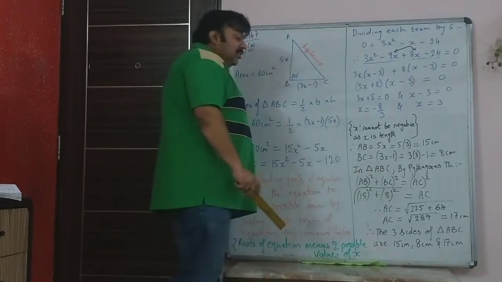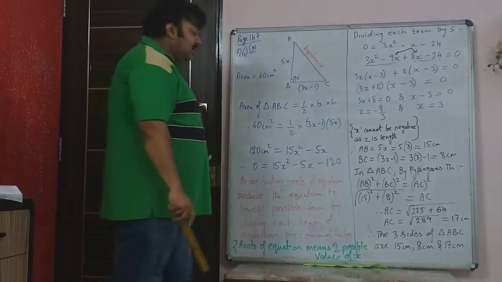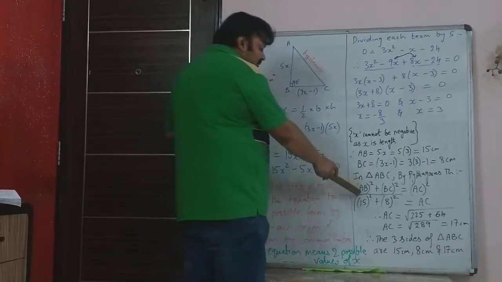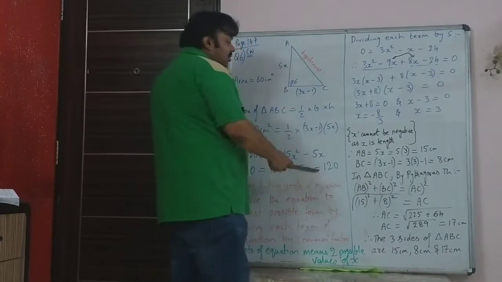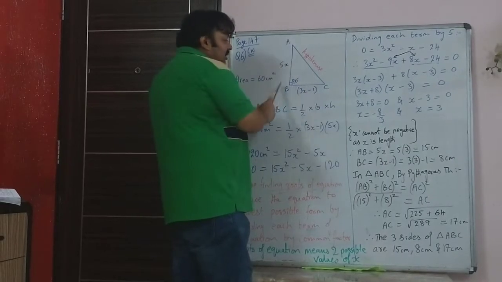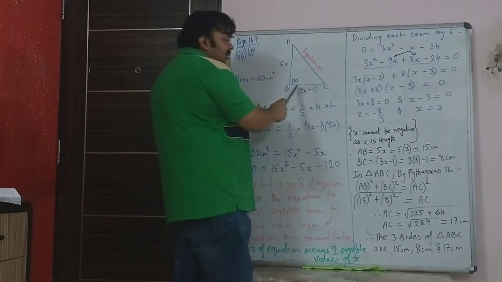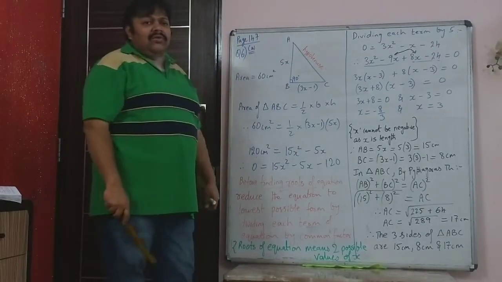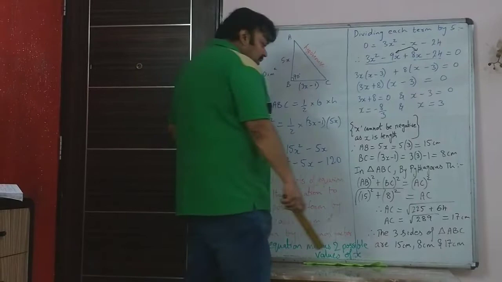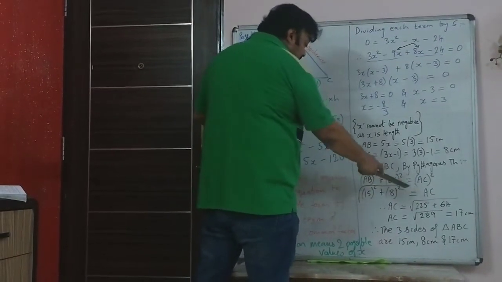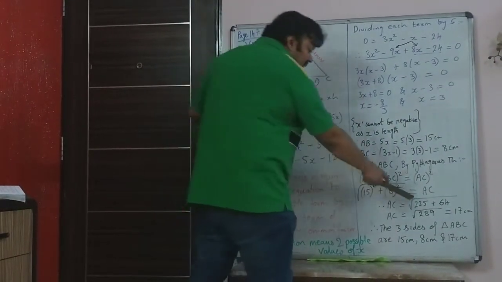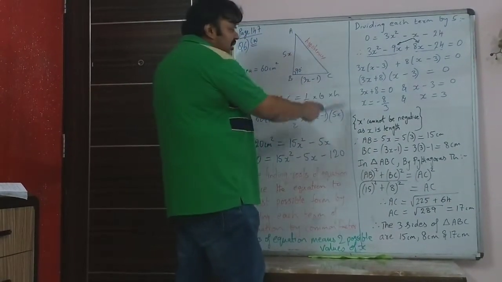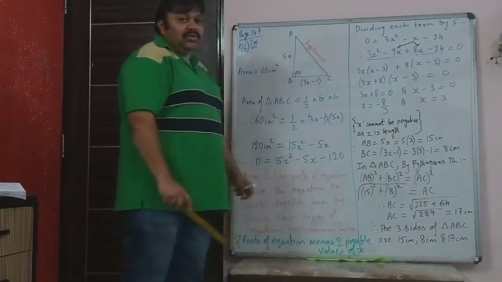So in triangle ABC by Pythagoras theorem, you will get AC is equal to root of 15 squared plus 8 squared. This is 15 and this is 8. So 15 squared plus 8 squared is hypotenuse the whole squared. Same Pythagoras theorem which you have used in the last two sums also. So 15 squared is 225 and 8 squared is 64. So when that adds up, it gives you 289 and root of 289 is 17. That's the length of the hypotenuse.